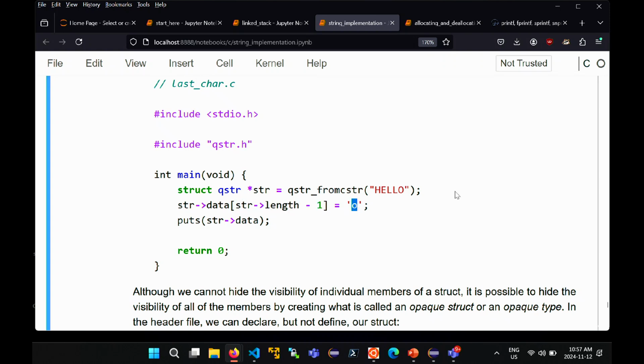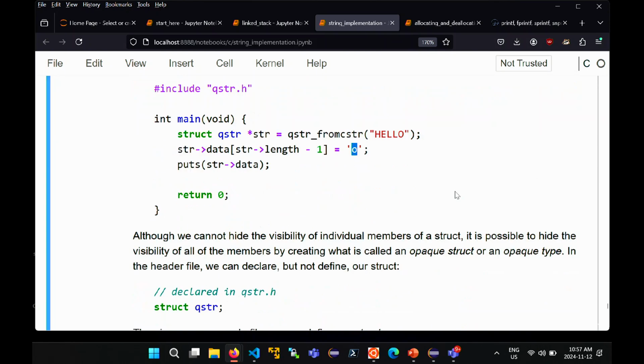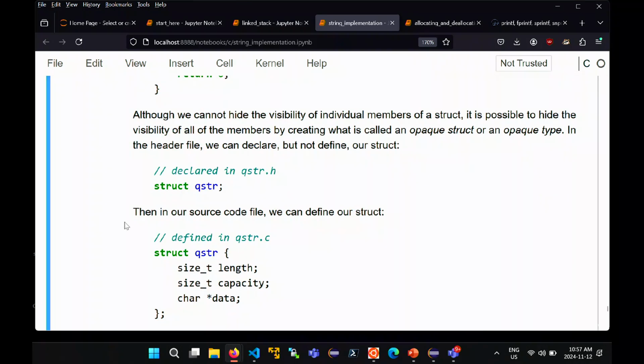And so now you get all uppercase HELL and then lowercase o. So instead of using set, they decide to go in and fiddle with the element themselves. And you might want to let them do that. This is a design decision that you have to make. Okay, so if you don't want them to do that, and in this case it's probably a bad idea to let them do that,